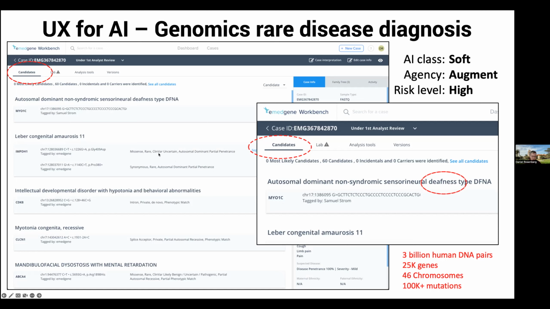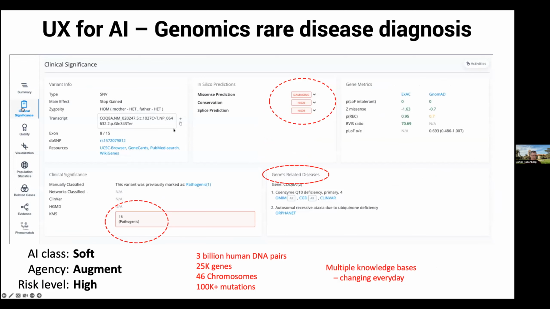Then, of course, you can go into the details and the analysis tools yourself. But where you're trying to go here, right, is, all right, given all these variants, if I look at the details of a variant, what is its clinical significance? And what are the related diseases? And is this pathogenic? And there's lots of things to consider. And you're looking at whether the mother or father, relative to this variant, would be considered heterozygous or homozygous. And so which ones have and don't have, and do they have the same?